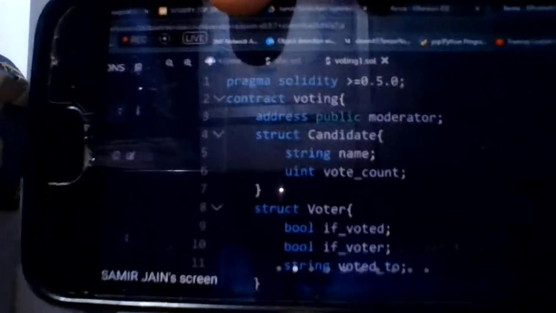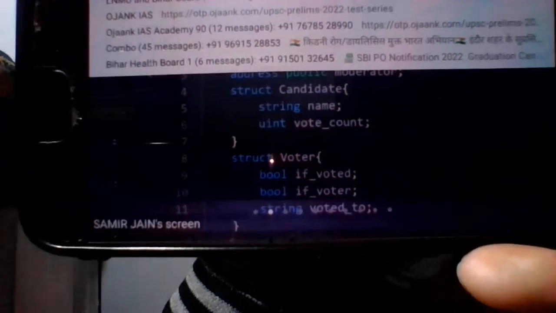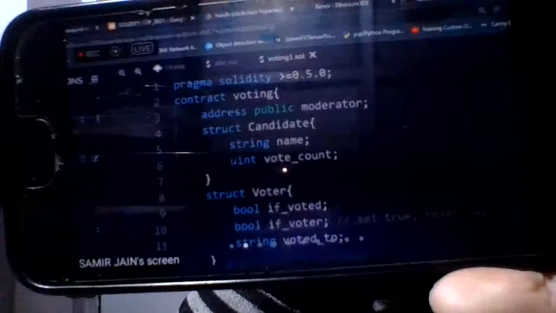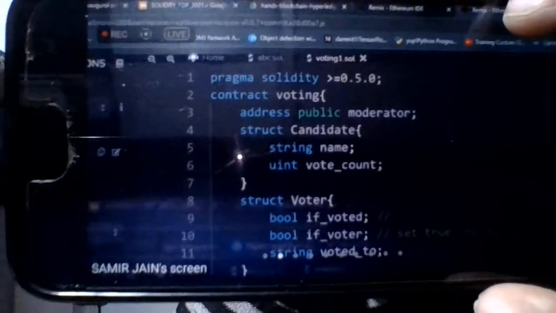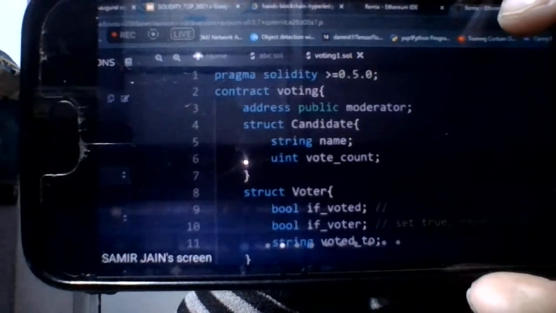So we'll run this code. So first thing is that take JavaScript VM, any London, Berlin, whatever you want to take. So I have taken London. Then there are many, 10 addresses. So I'll take the first one as the deployer of this contract. So the contract is voting1.sol. I am deploying. So if I have deployed this contract, there is an object that came over here. So this is the contract right now. And I'm again telling you, I'm taking the first address. Now I am pressing deploy, so that a contract will be created over here.